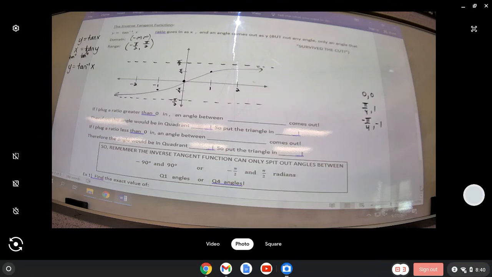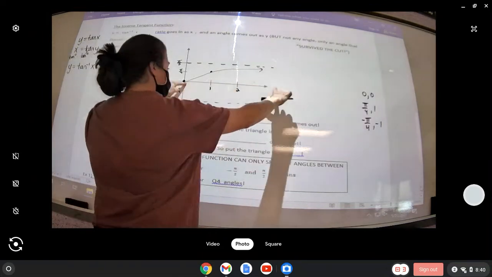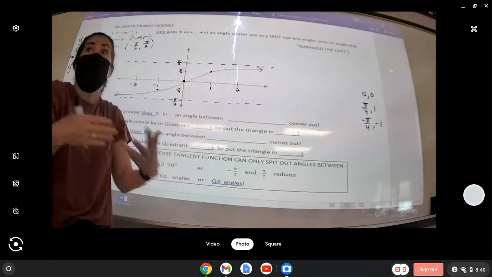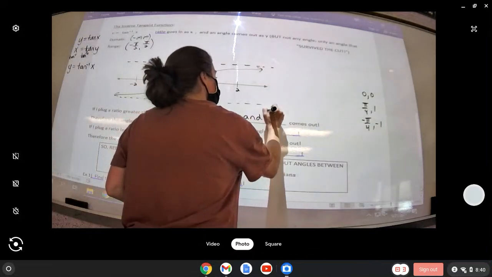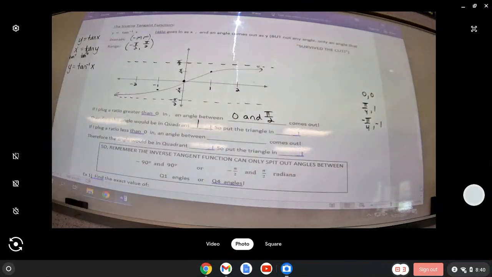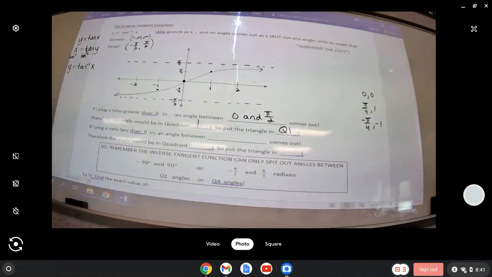Okay? So look at what the graph is showing us. If I plug a ratio greater than 0 in, an angle between 0 and pi over 2 comes out. That's a quadrant 1 angle. So if you had to put a triangle or create an angle, you'd want to put that angle in quadrant 1. Because when you take the inverse tangent of a positive ratio, it's coming out as a quadrant 1